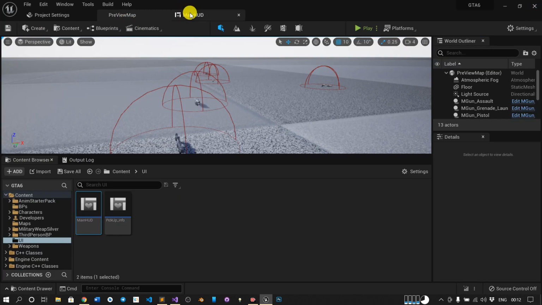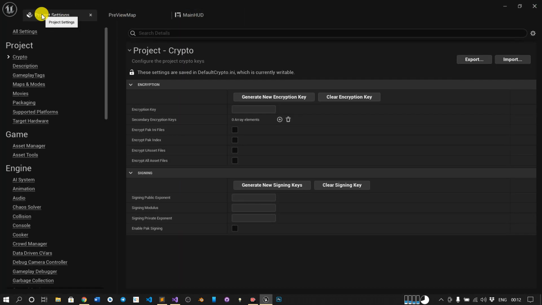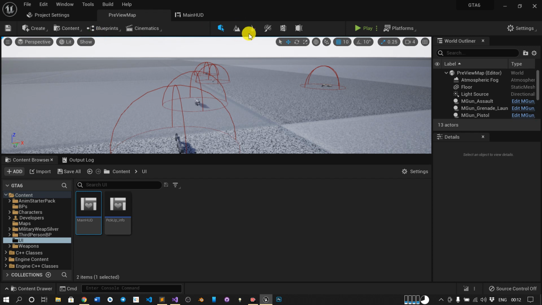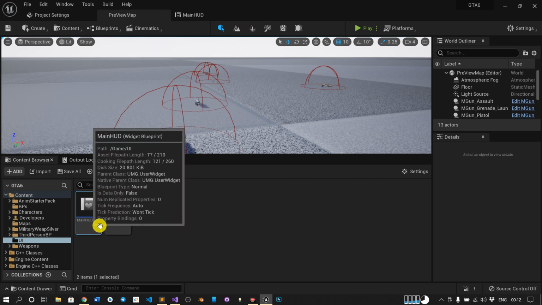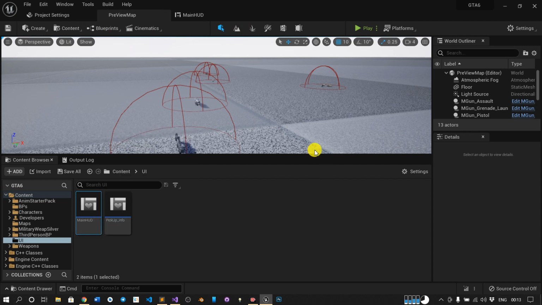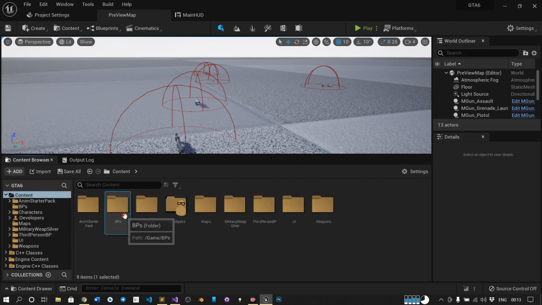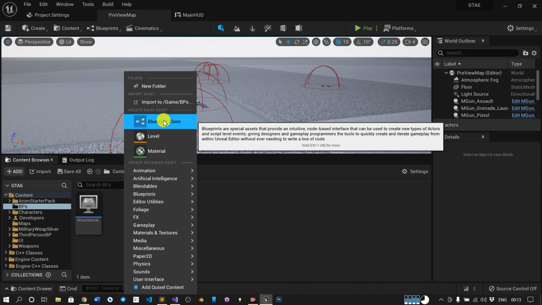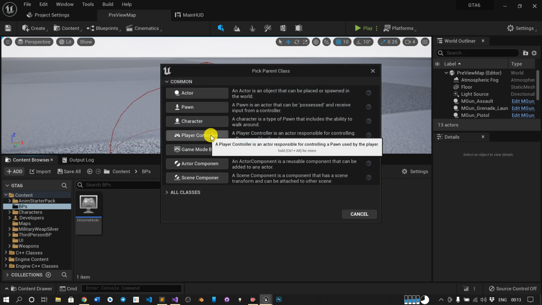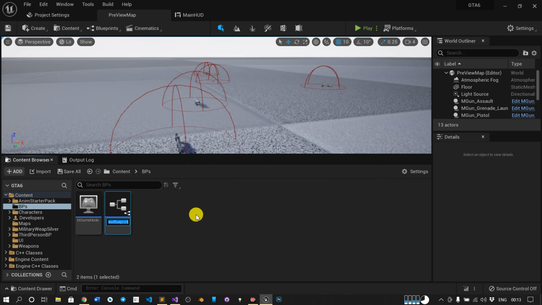Now we have to add this, so where will we put that code? You can do this in the level blueprint, or the correct position is the controller, but we haven't created it yet. So okay, let's do it in the game mode. Just go to BPs and let's create a controller. So we want a controller. M controller.